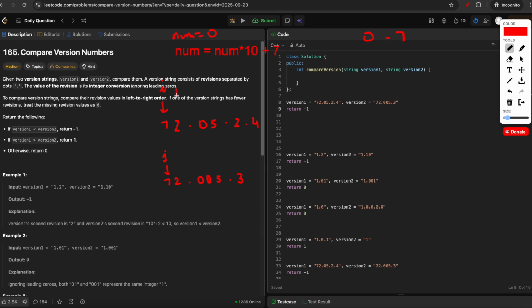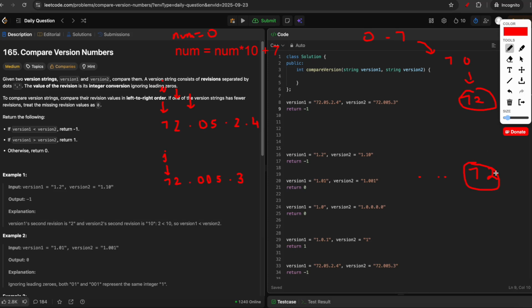Now we move the i to 2. Now we have to add 2 to this 7, but before adding 2 we just multiply 7 by 10, so that it makes it 70, and then when we add 2 it will become 72. So this is how we are just forming the number digit by digit, and once we reach the dot we stop. So 72 is the first number. Similarly, we take another variable and we repeat the same thing for j as well. So for j also we will reach 72,